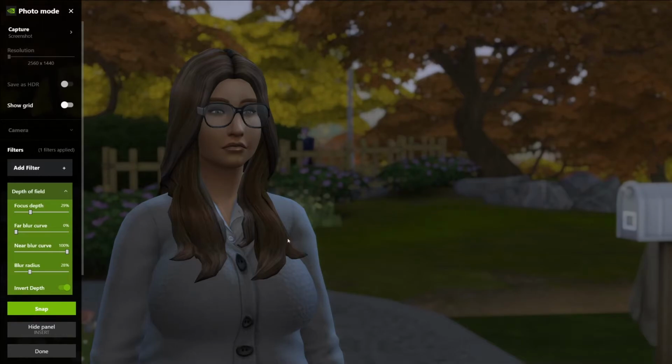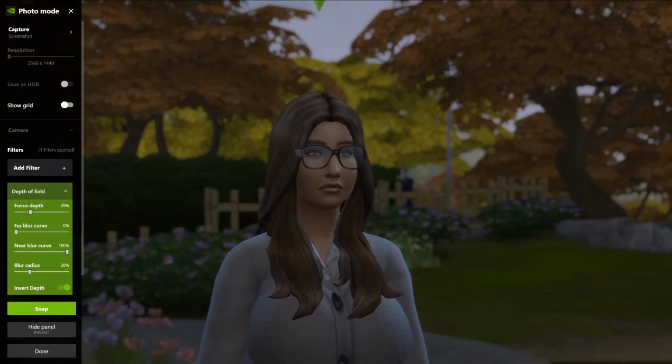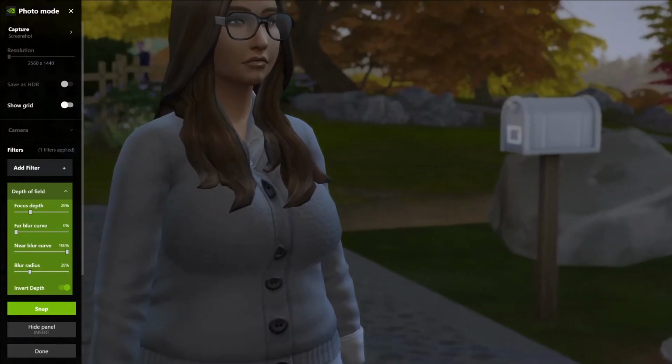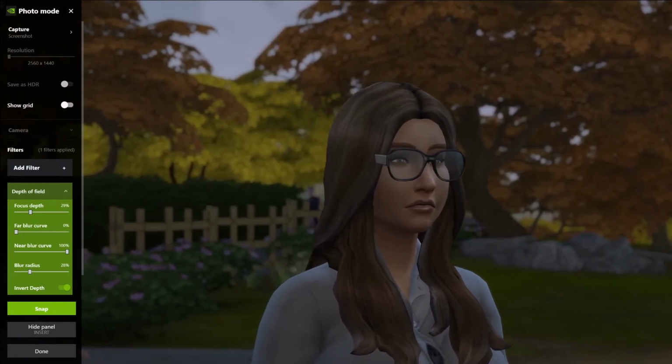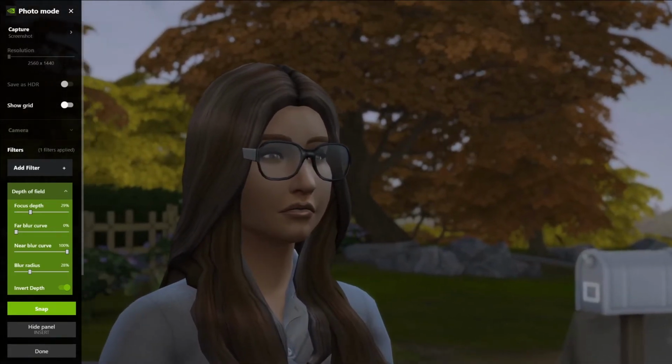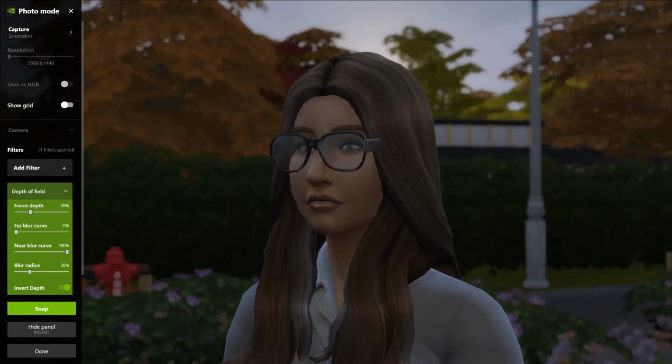And if you want to move your camera but still stay within photo mode, I found out that if you just click the screen once, you have access to the camera through Ansel. And it's a little bit slower in some parts. And so if you just need to adjust your shot or get a different angle and not leave photo mode,